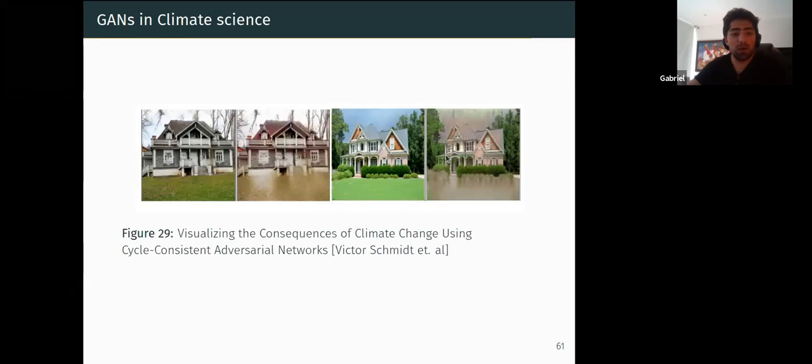There's this very interesting technique called CycleGAN, which we can use for image translation problems. In this case, as you can see, we can just input some image of a house, and then we get back as an output the image of the same house but flooded. And this was used in this paper called "Visualizing the Consequences of Climate Change Using Cycle-Consistent Adversarial Networks," and